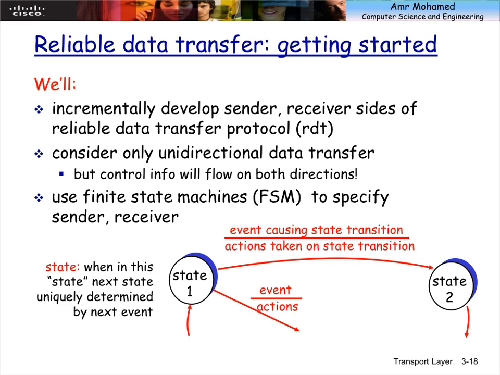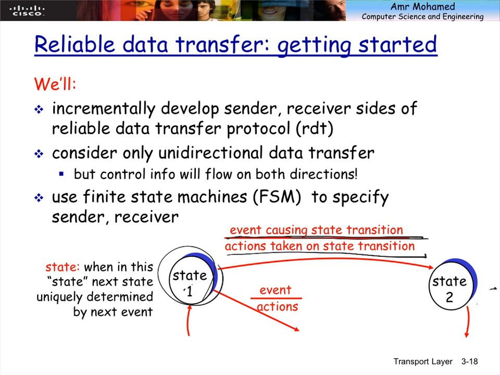So we transform the design of the protocol into states. There is an initial state, which is usually the initial state of the system, and then I will wait for something to happen. We'll talk about how we model the transport layer protocol using this concept. If there is an event, then based on this event I do a certain action, and then I may or may not have to transition to another state.